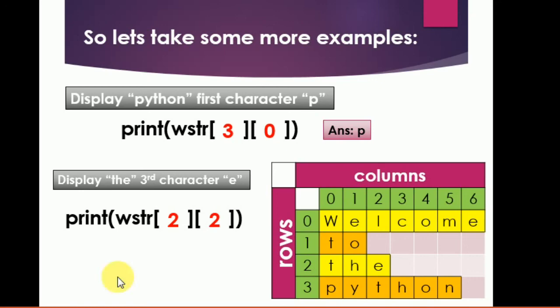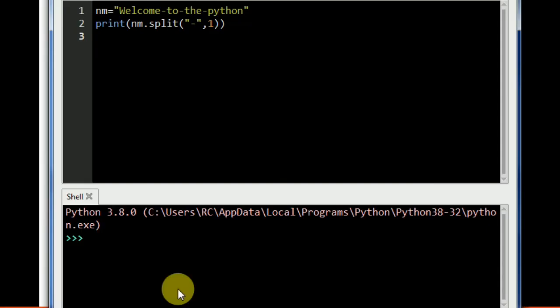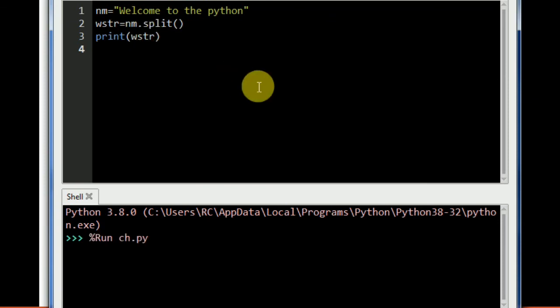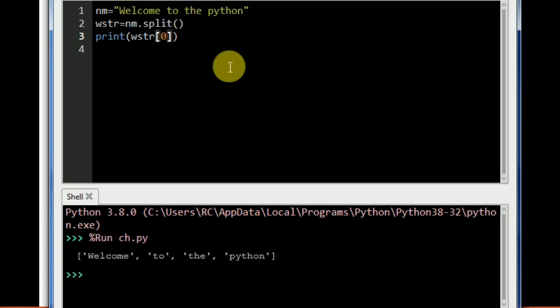If we move to Python, if you are using a string and going to display "welcome to the Python", I am taking WSTR split, and when I execute that line, it gives me the same answer, welcome. Then I use that 0, and it will display only welcome.